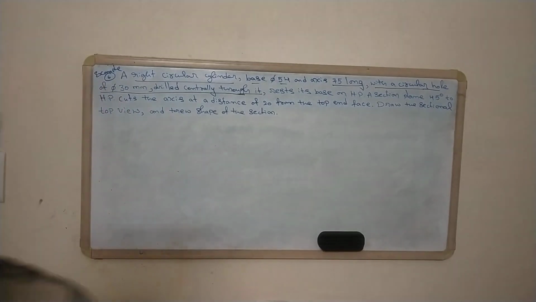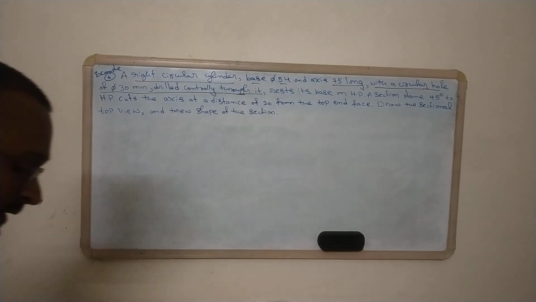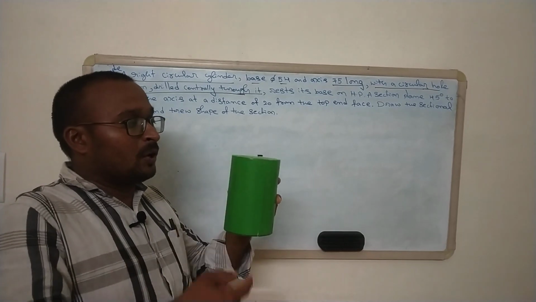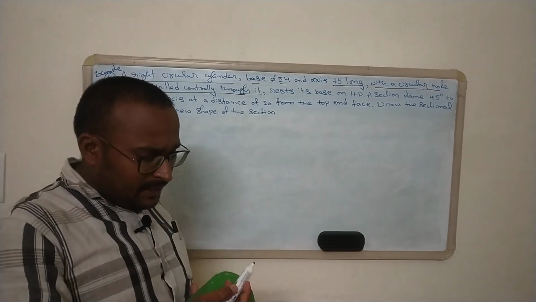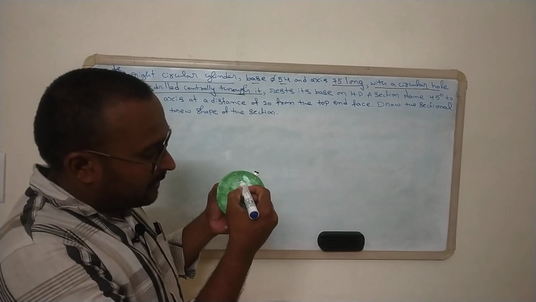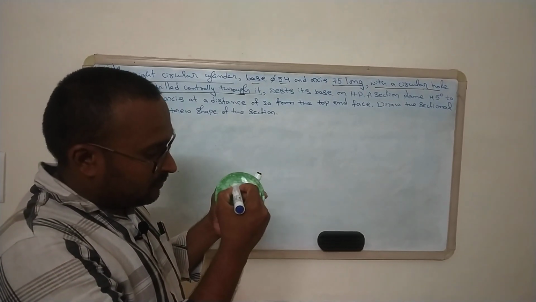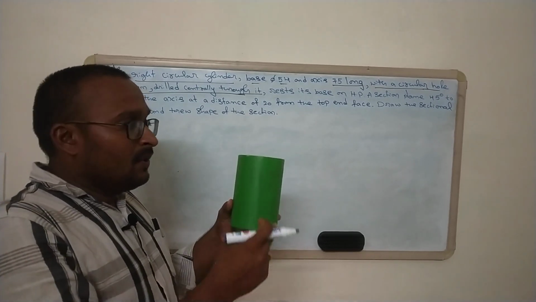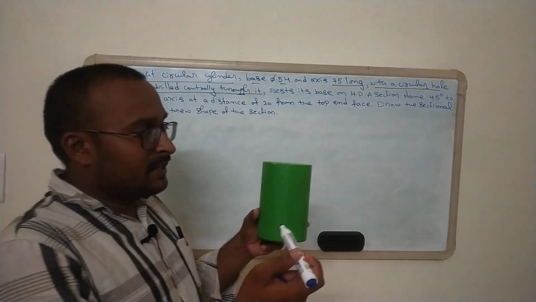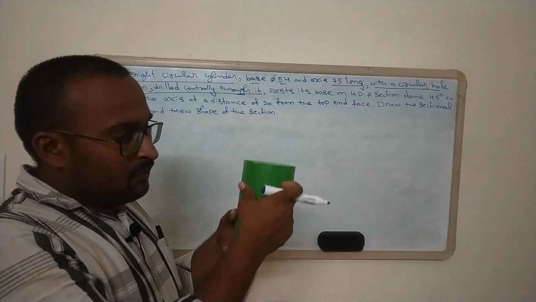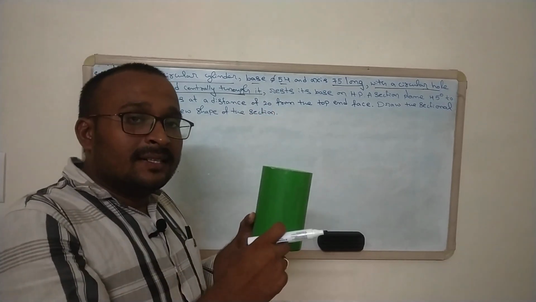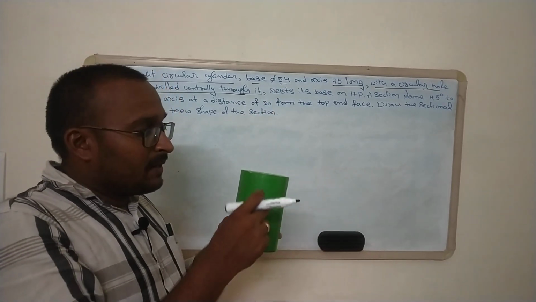So if you have a right circular cylinder of base 54 mm diameter and 75 mm axis length, it is centrally drilled with a hole. It is a complete through hole, right? Whenever we see that cylinder in the front view, it will look like a rectangular surface, and inside the rectangular surface there will be dotted lines.